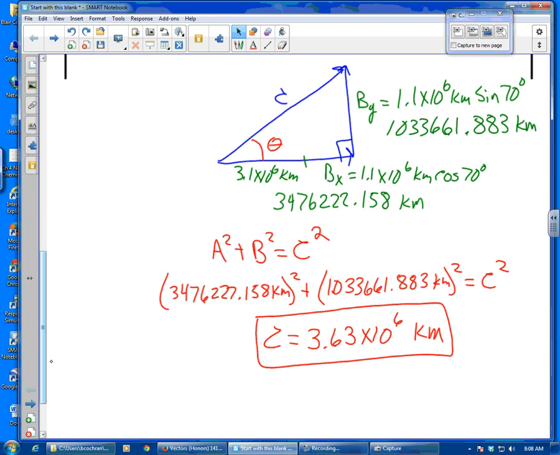So now I've gotten the length of my displacement, the magnitude of it, but now I need to find this angle theta. And actually, now that I have all three sides, I could use any part of SOHCAHTOA, right? Because I could use sine, I know the opposite, I know the hypotenuse. I could use cosine, I know the adjacent, I know the hypotenuse. I'm going to use TOA,